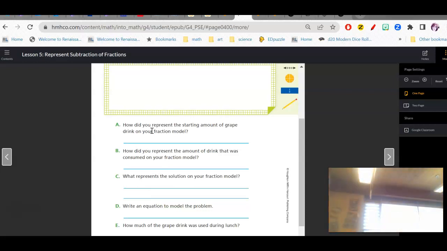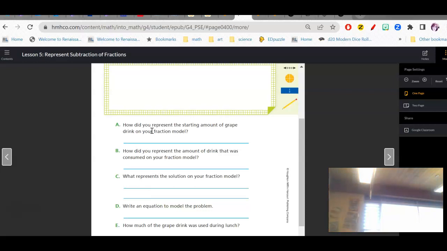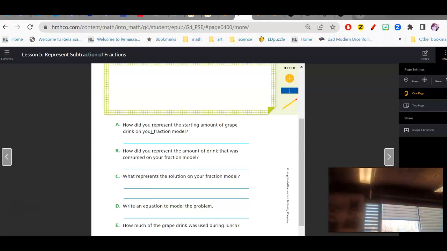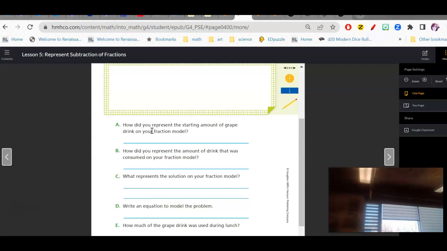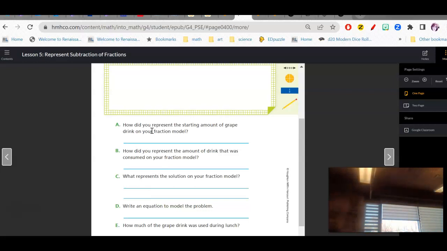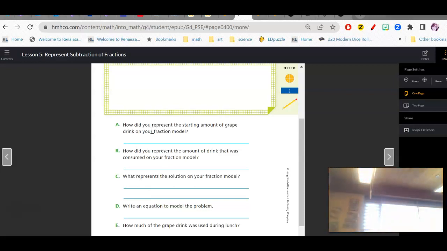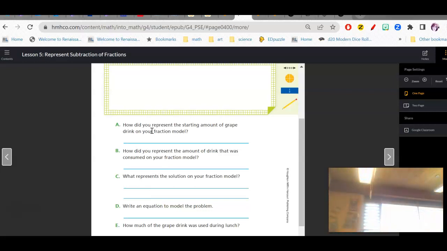So we would say something like, the amount shaded in but not crossed out represents our answer, right? Okay,